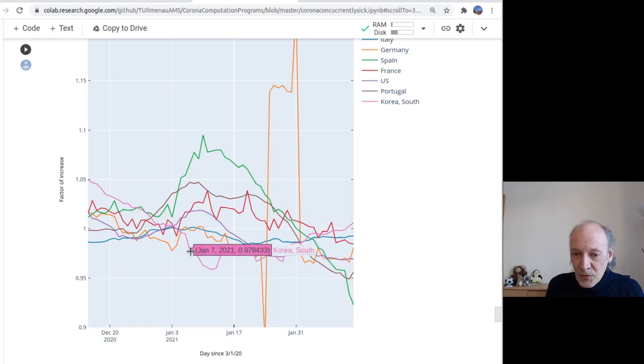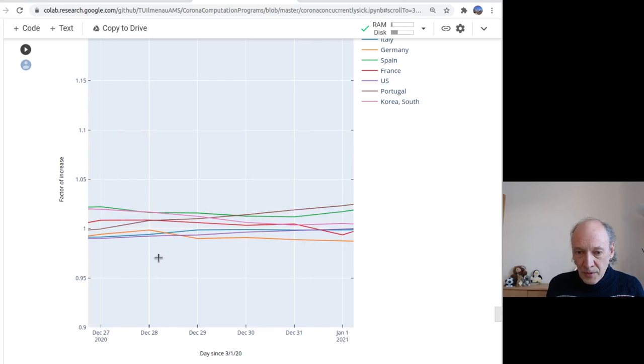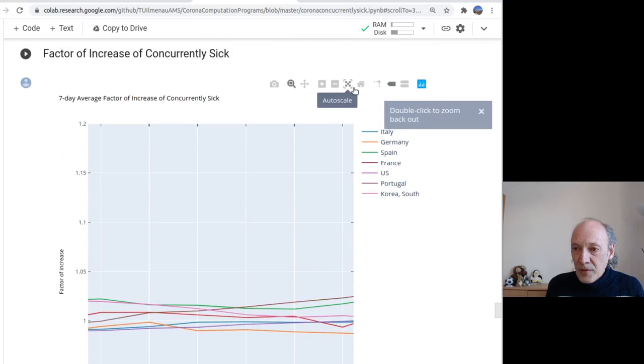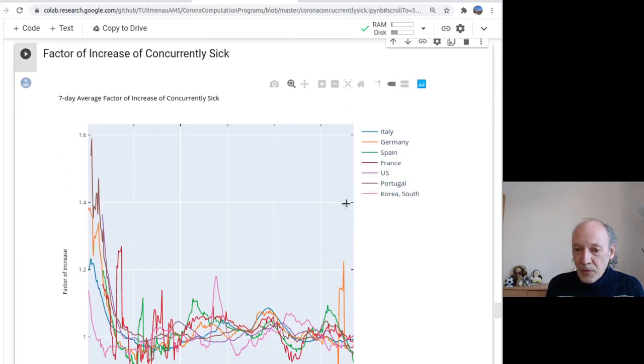Compare that to South Korea. So they are always hovering around 1, sometimes above, sometimes below. But they manage to keep it mostly below, and that's the important part. Right, that they don't have this exponential growth. In Germany, we had too long a, let's see if I can scroll it here, auto scale, yes,